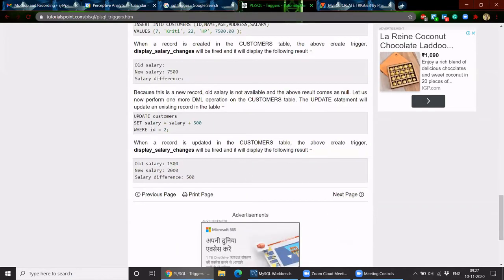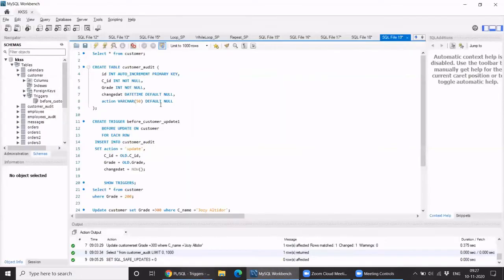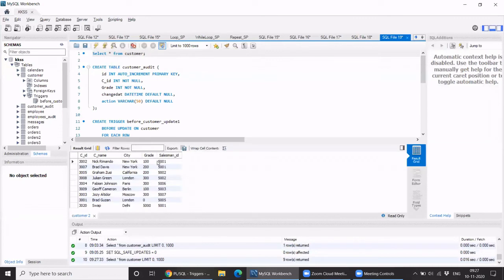So now, let's go to MySQL and we also run a query. We already have our customer table. This is our customer table. What I am planning to do is change its grades. This trigger I have made only for update, and whenever a grade value changes, our trigger would run. So what I did, I created another table that is customer audit. This table has just the ID, customer ID, the grade, and the change date. Basically, I'm just storing a date timestamp when a particular trigger has been run.